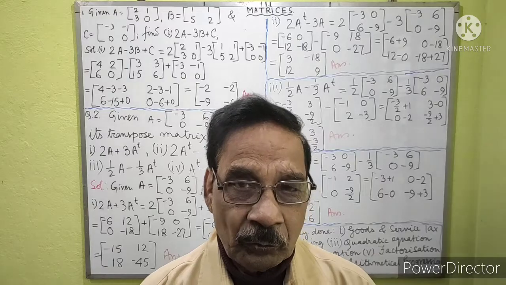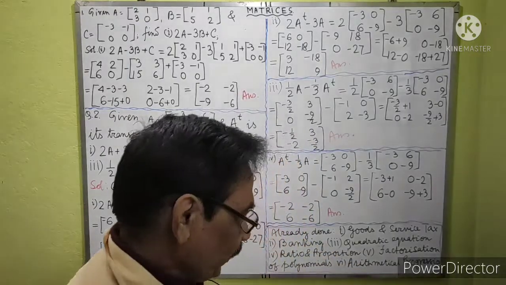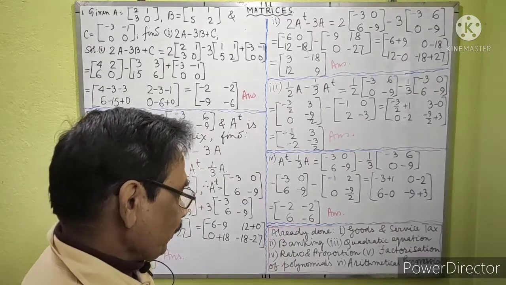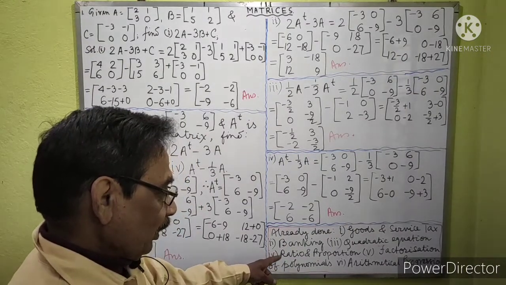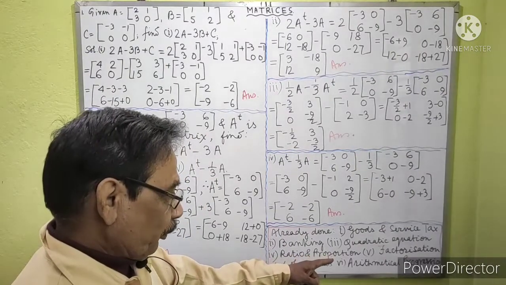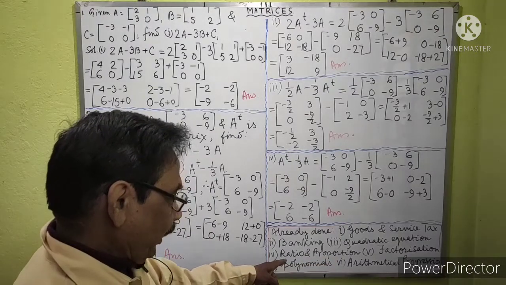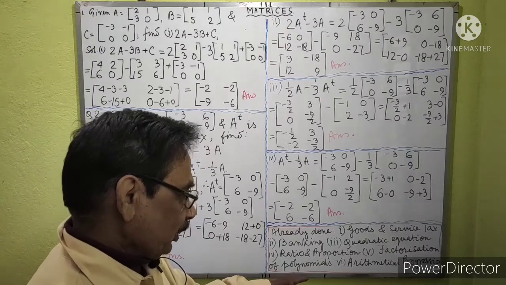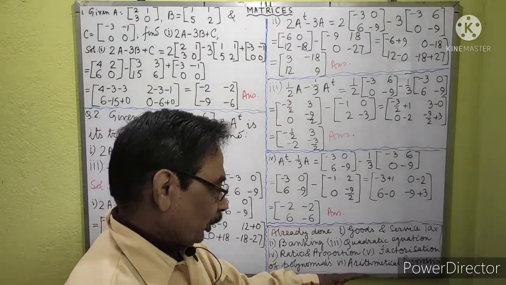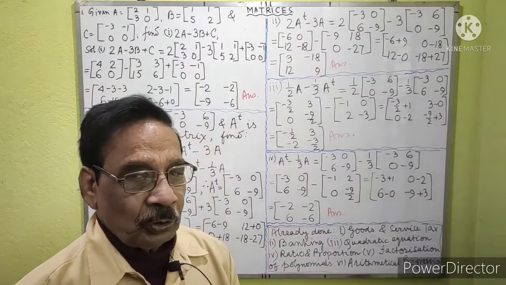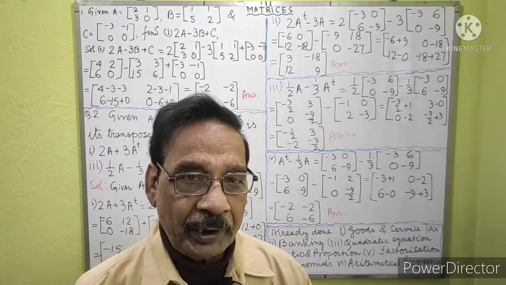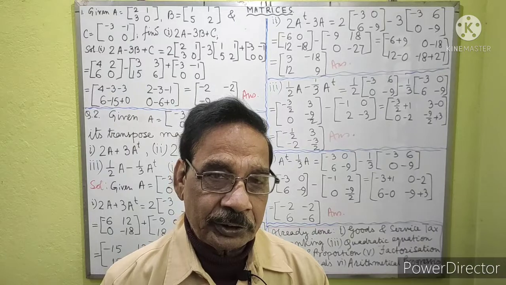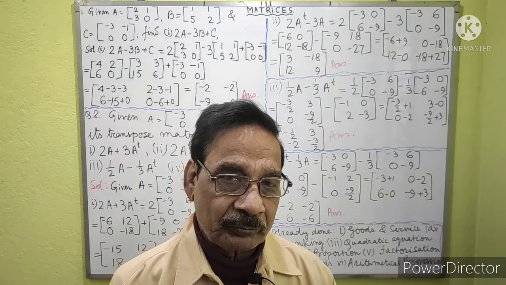Before this, we have already done these chapters: goods and service tax, banking, quadratic equation of one variable, ratio and proportion, factorization of polynomials, arithmetical progression. Go through all my videos and you will have all these chapters done for your first semester.